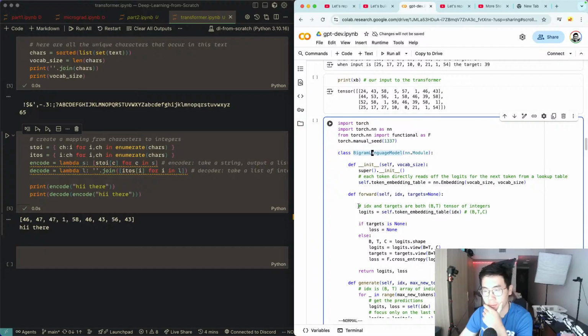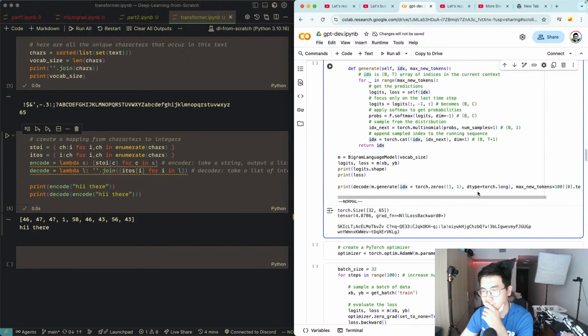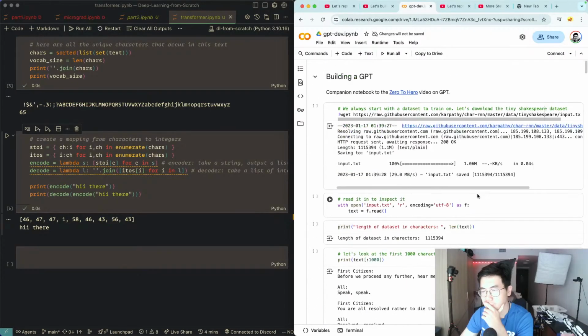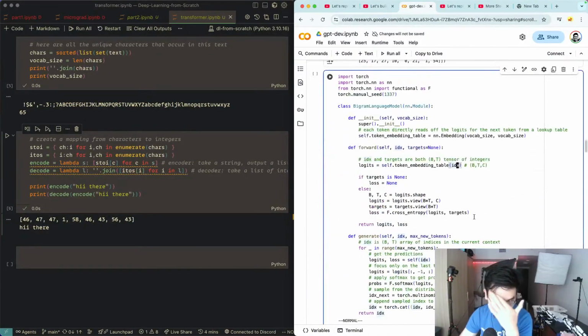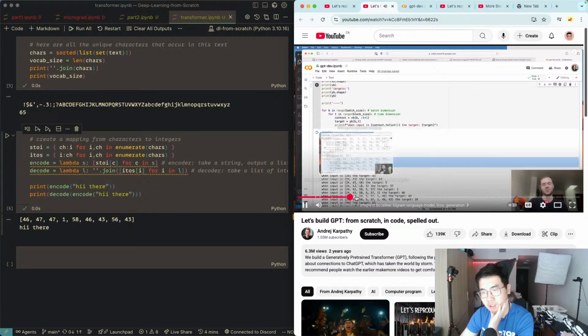Create an embedding table, and then you get the logits, and there's a hidden dim somewhere, right? Okay, so now that we have